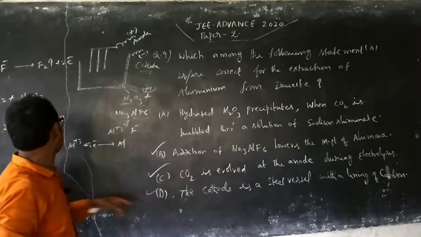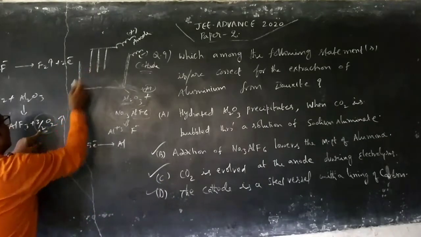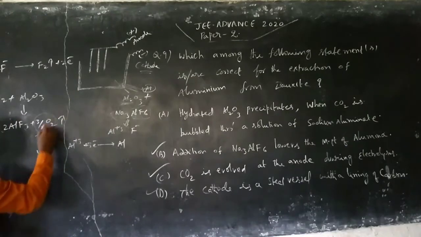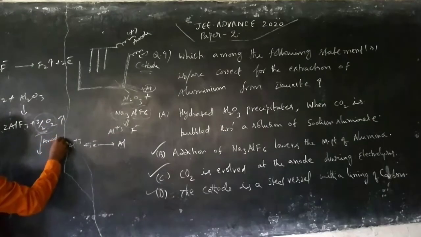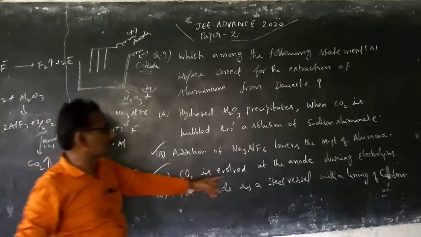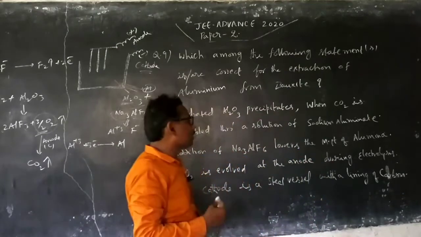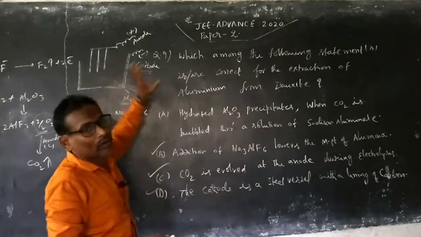This is also correct, because I told you this oxygen interacts with these rods, and this interacts with the electrode, that is with the anode. It is made up of carbon and gives what? CO2. There is evolution of CO2 gas at the anode during electrolysis. It's correct. Because of that only, from time to time they are changing these graphite rods.